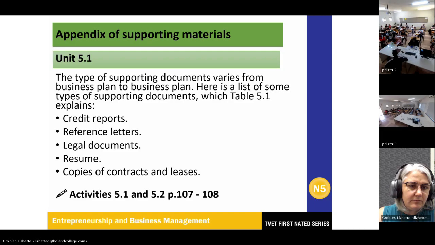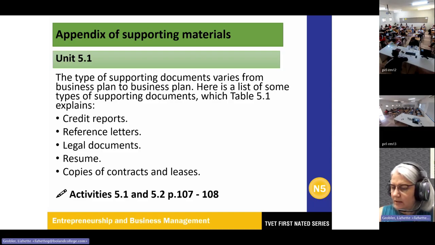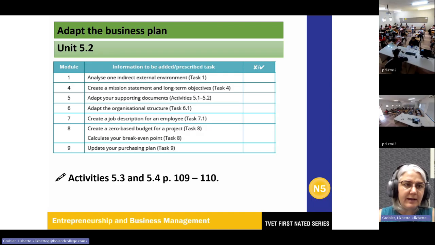Right. A little bit of new information here. Then adopting the business plan. So you have a specific format for any business plan. They may differ, obviously, from template to template. The layout might look a little bit different, but the basics will be more or less the same. And that is what we have here on page 108.